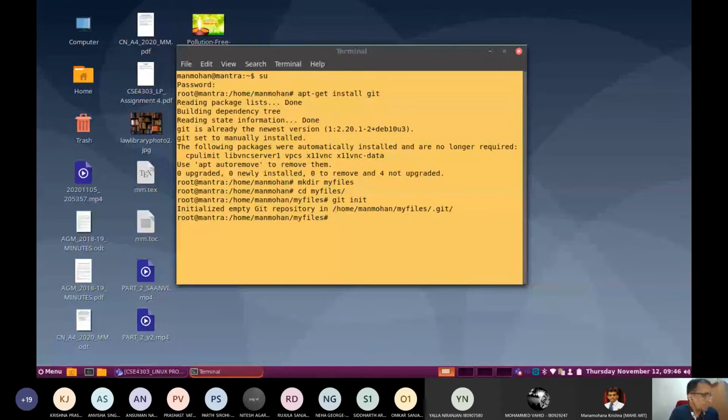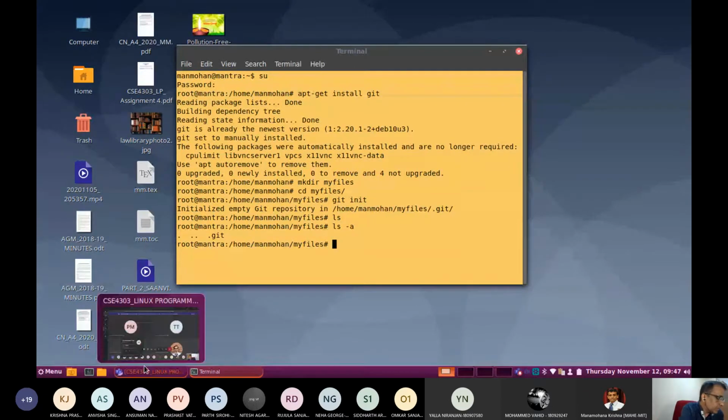Okay, then it will also create one folder called .git for the configuration file. Then after that, there are a lot of commands. So if you say ls -a, you can notice that there is one hidden folder called .git. Any hidden folder starts with the dot. Can you see the screen? Let me verify once. Can you get the screen? Yes, sure.